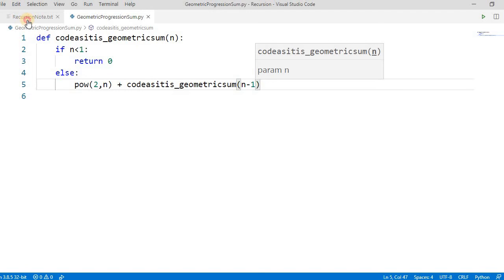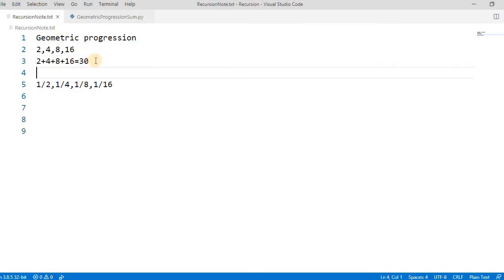So if you see here, it's 2 to the power 1 plus 2 to the power 2 plus 2 to the power 3, and because we are taking till the fourth number, the 2 to the power 4, right?